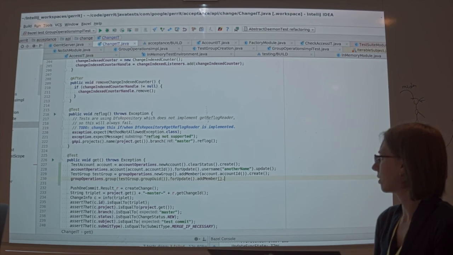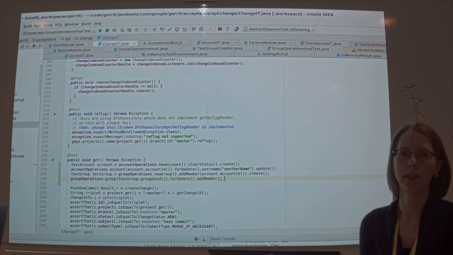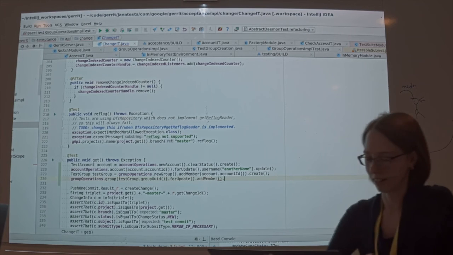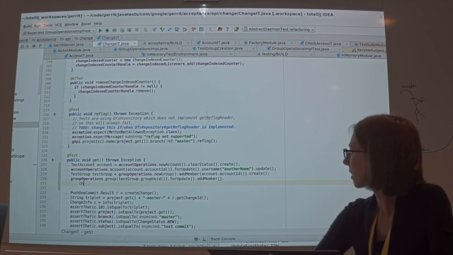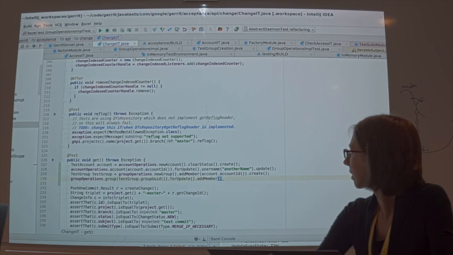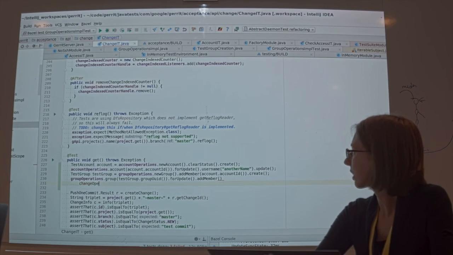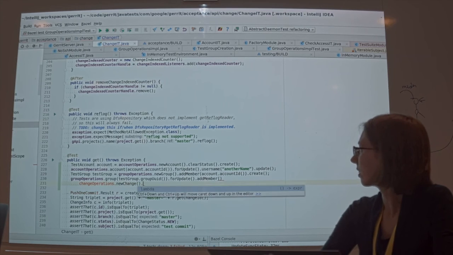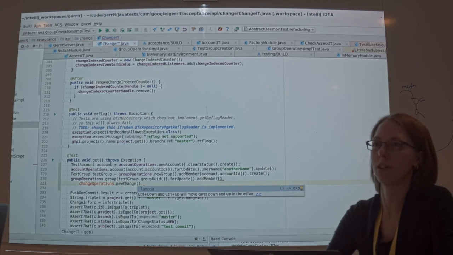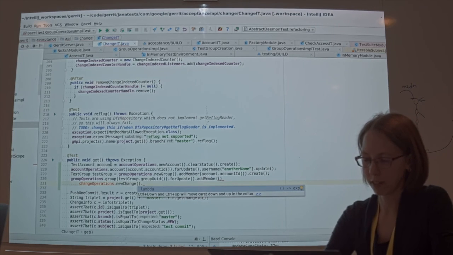I also started to do that for changes, but it's not done yet. It's a bit more complicated. But the idea would be to also say, just write it. Maybe have something like change operations, new change, and then, for instance, you can say it would automatically go to master, but